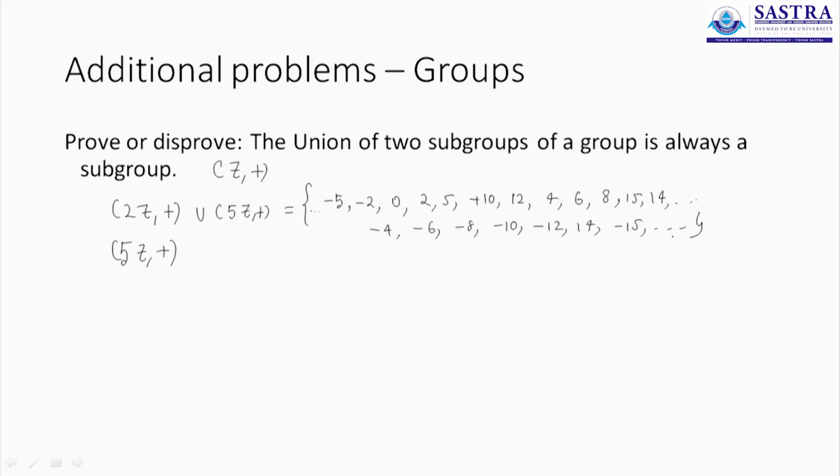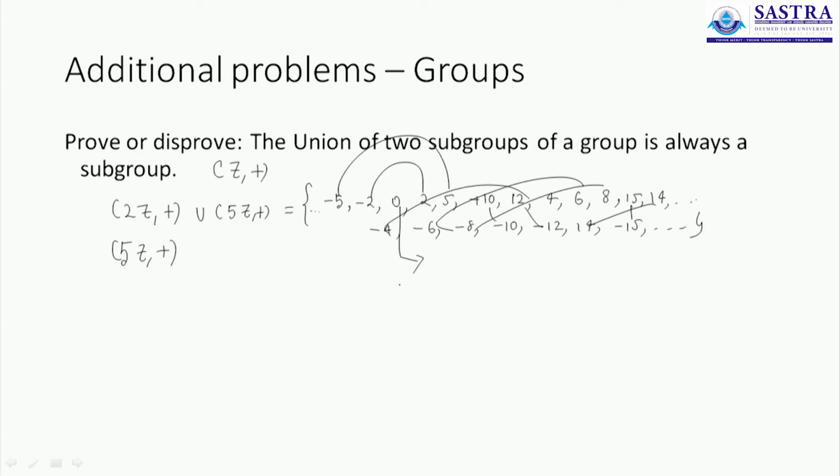We'll see if it is possible. We'll verify the two conditions included in the two condition test. Does every element have an inverse? Of course. 2 and minus 2 are inverses, 5 and minus 5 are inverses, 10 and minus 10 are inverses, 12 and minus 12, 14 and minus 14, 15 and minus 15, 8 and minus 8, 6 and minus 6, 4 and minus 4. That's true. Every element has its own inverse. It also has the identity element contained within it. That's okay. But we are interested in the other condition.